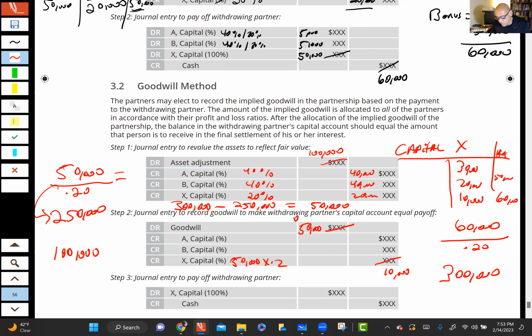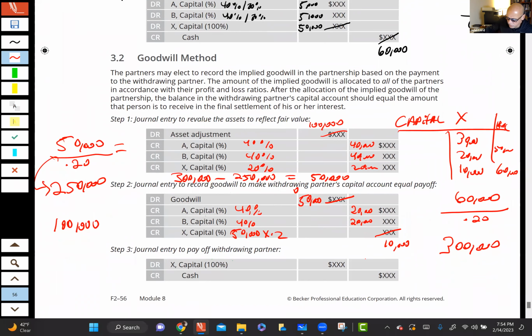The 40%, not 40,000, but the 40% of the goodwill of 50,000, that means that 40,000, excuse me, 20,000 goes to this guy, and 40% of the 50,000 or 20,000 goes to this guy. Okay, so we've gone ahead and we've distributed the goodwill, and now we can go ahead and cash